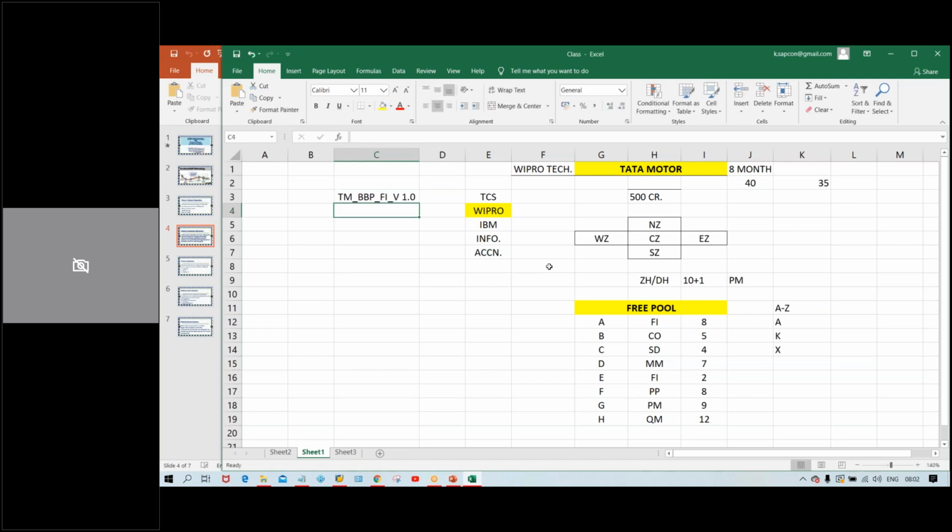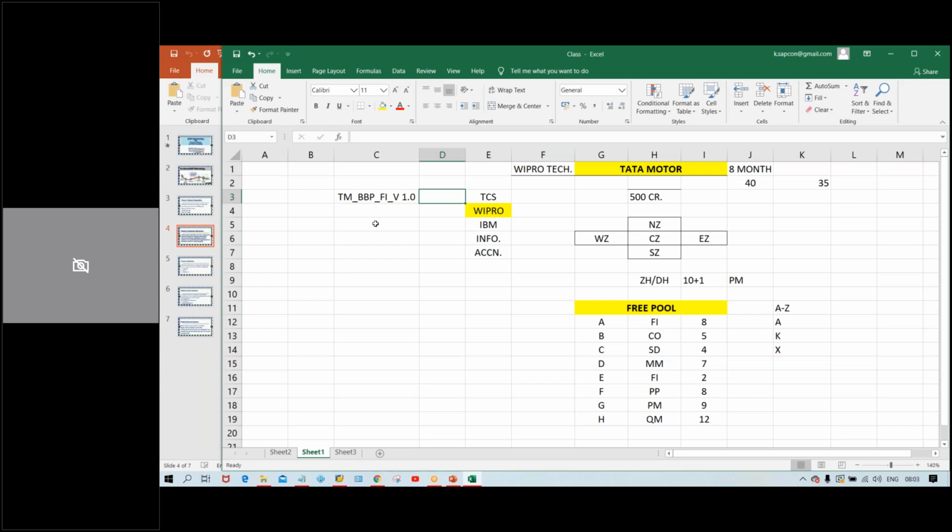From which module? So this is for the FI module. Okay, this is how it works. The nomenclature and all these things will be decided by the project manager initially itself. Once we prepare a blueprint document, this name is given, and it is going to be sent to the client